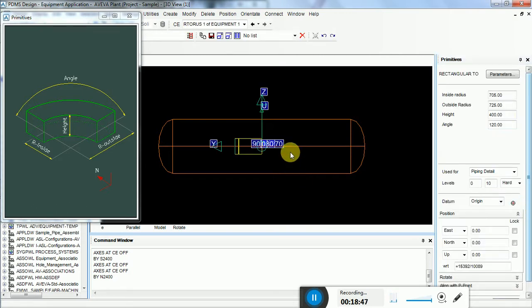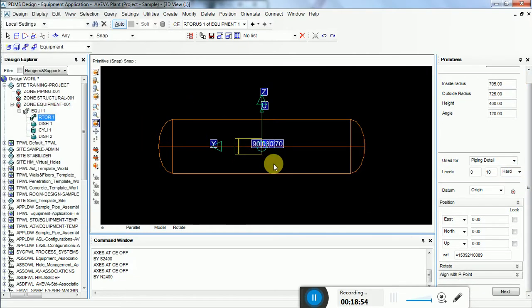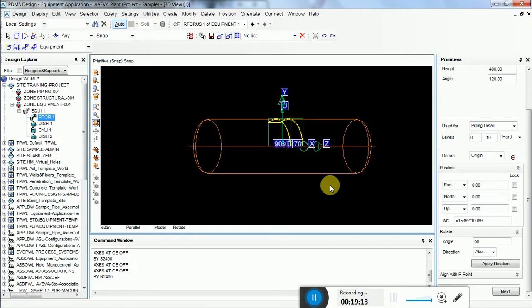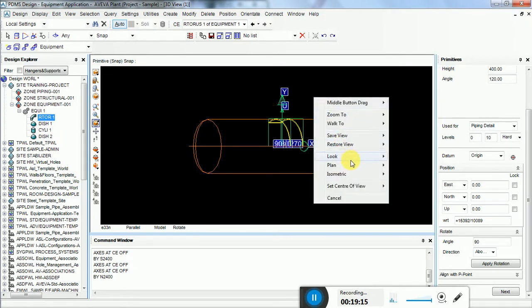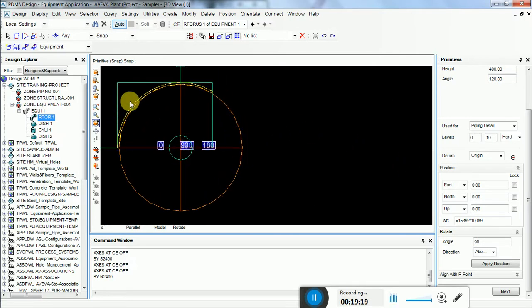Here it is. The RF pad is created. Now I have to rotate with the x-axis. Make sure that it is in the x-axis direction. Click on apply rotation. No, it does not come. Just slightly rotate, but you cannot see it like this. Go to look to the south. Okay, now you can see